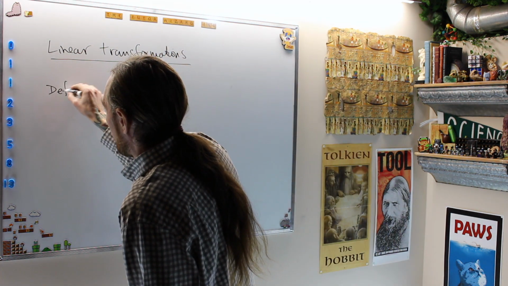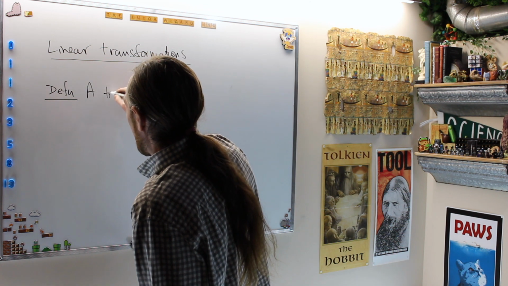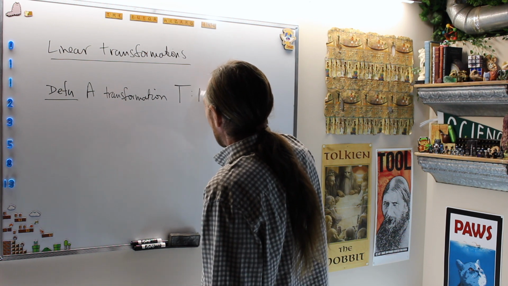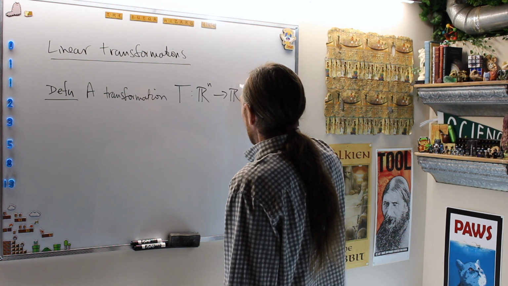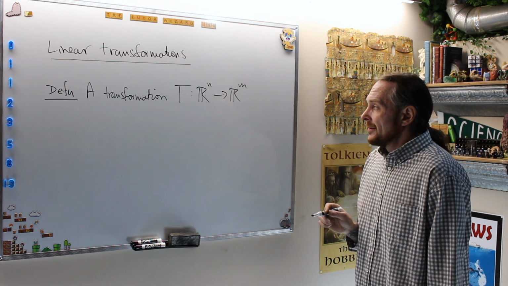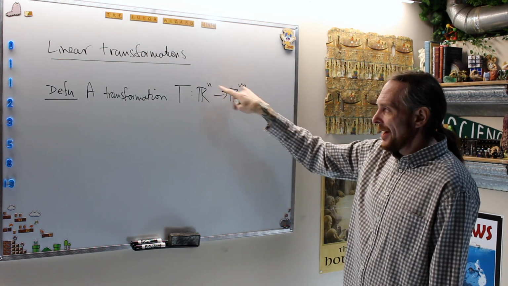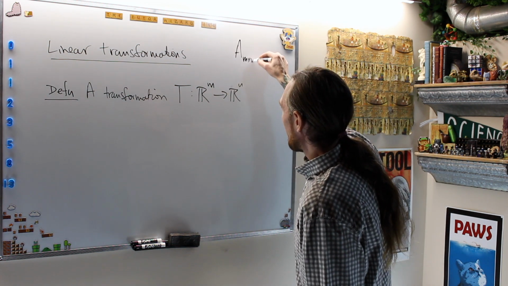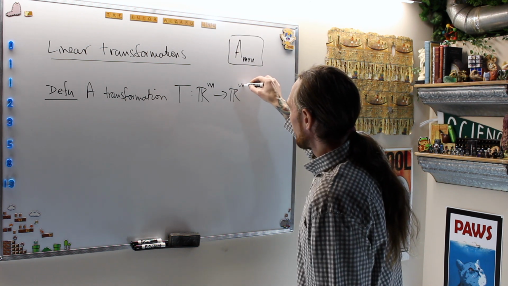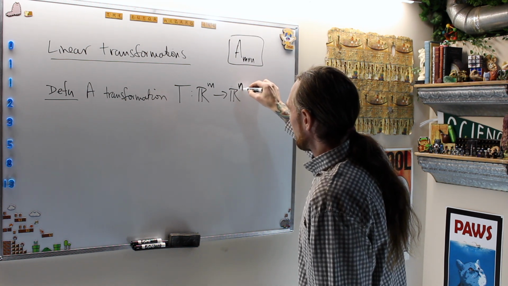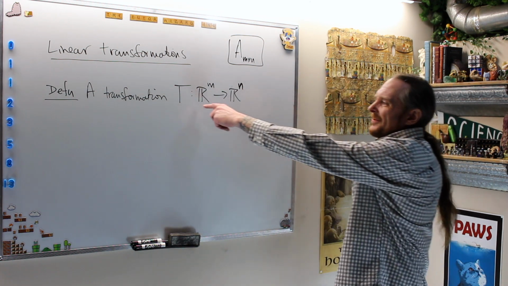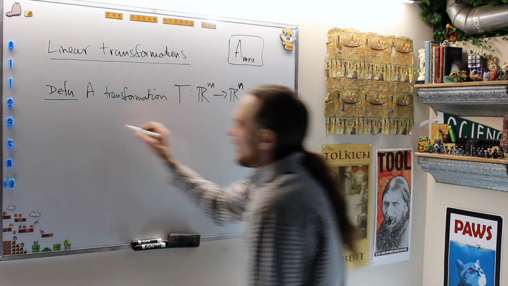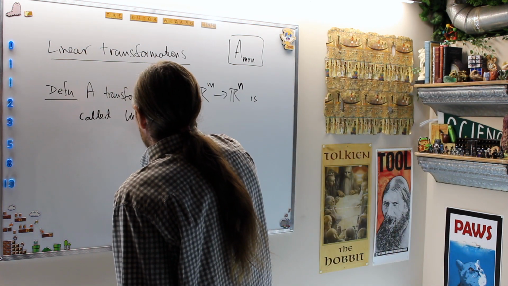Definition. A transformation T from Rn to Rm. It is backwards. I have it backwards. It should be m to n. I want A to be m by n eventually. You'll see. So it goes backwards. Rm to Rn. So a transformation from Rm to Rn is called linear